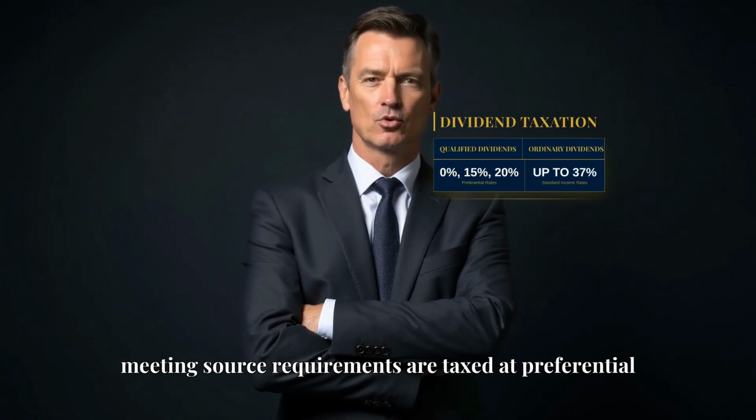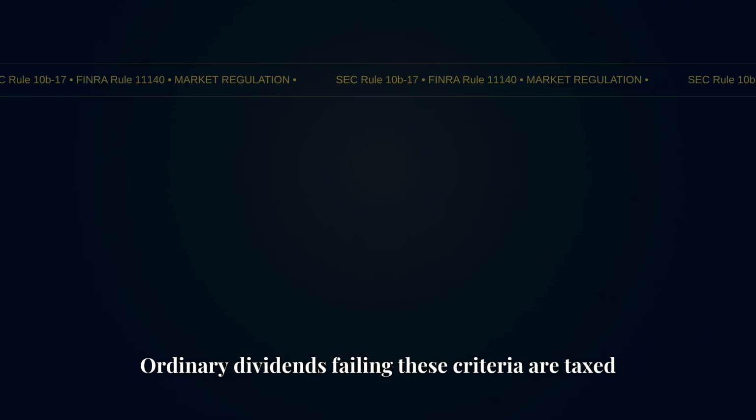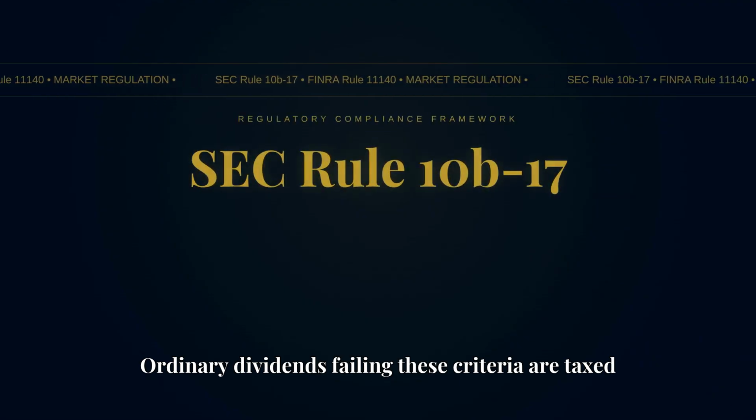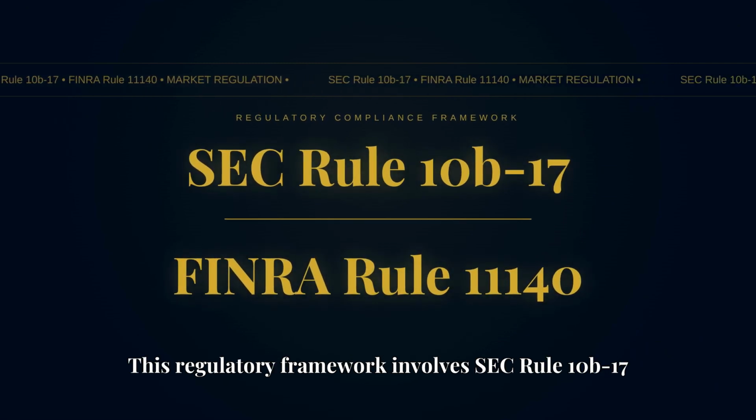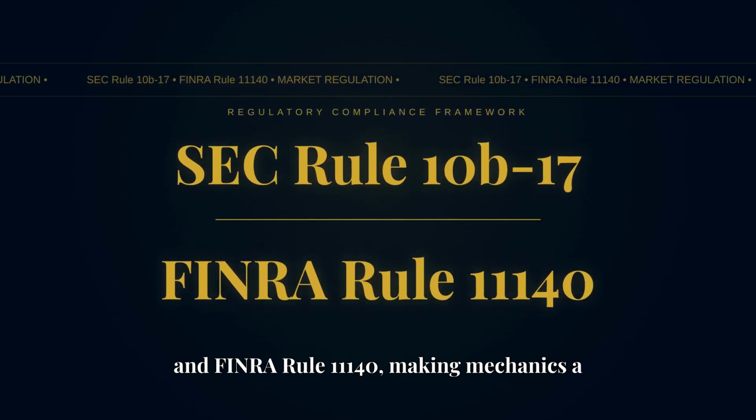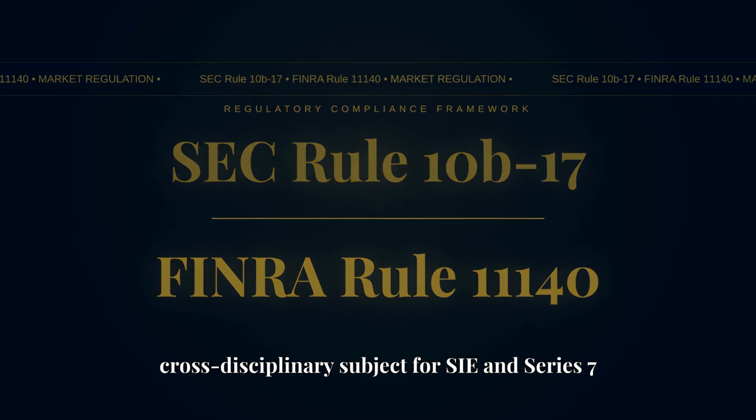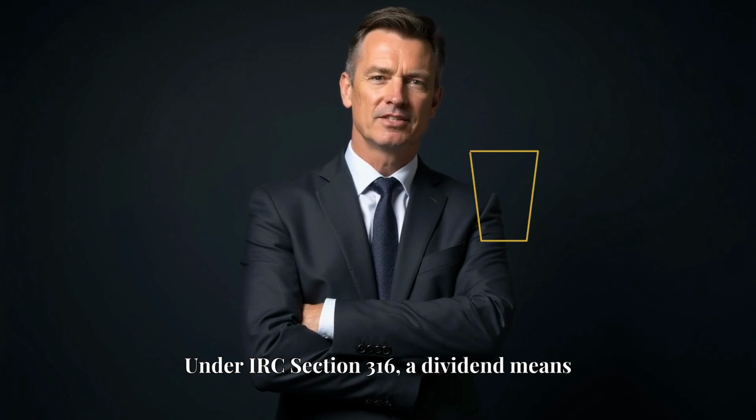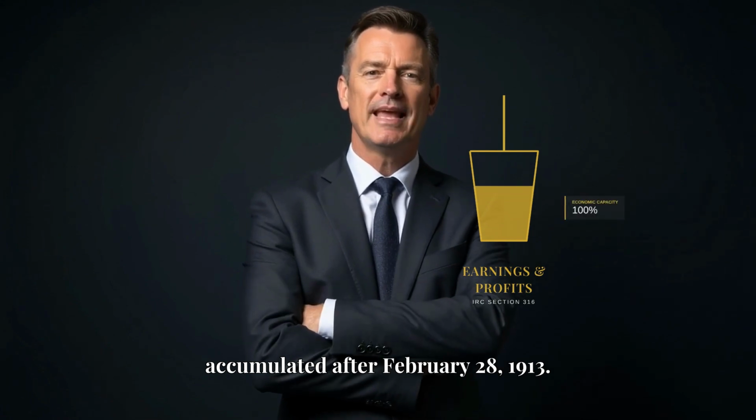Qualified dividends meeting source requirements are taxed at preferential long-term capital gains rates. Ordinary dividends failing these criteria are taxed at marginal rates up to 37%. This regulatory framework involves SEC Rule 10b-17 and FINRA Rule 1114-0, making mechanics a cross-disciplinary subject for SIE and Series 7 candidates. Under IRC Section 316, a dividend means any distribution out of earnings and profits accumulated after February 28,